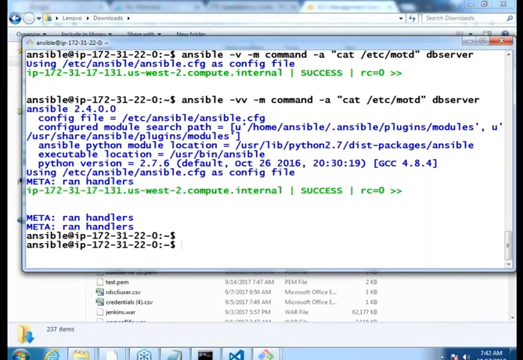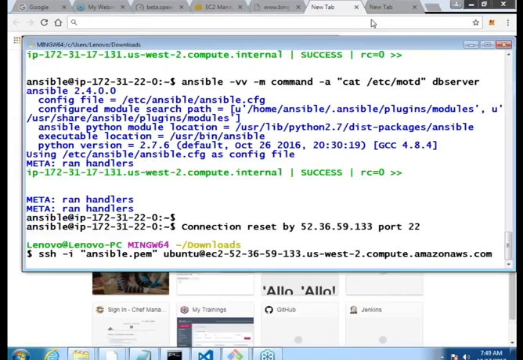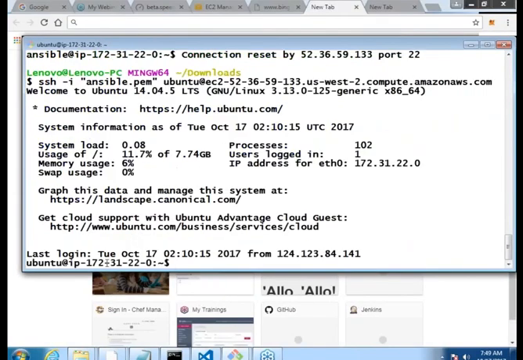Now what is happening? It is doing a bit more. I had to run the same command again so that we understand the context of it.